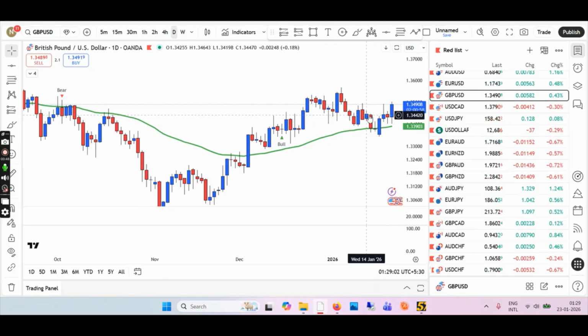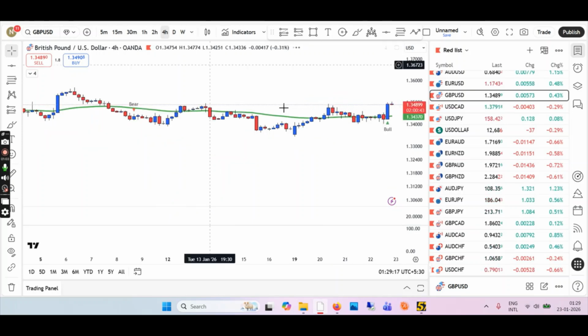Now we are in the bullish. Today's candle will more likely close above. I think it's just 2 hours to go. This high is taken by today's candle, so we are bullish. Coming back to the 4 hour.